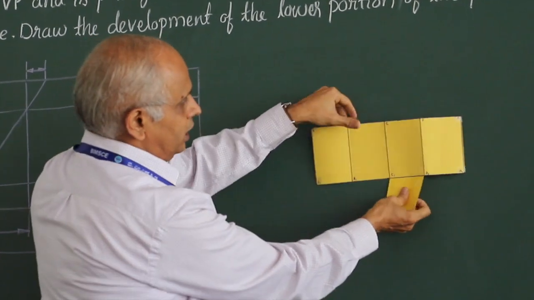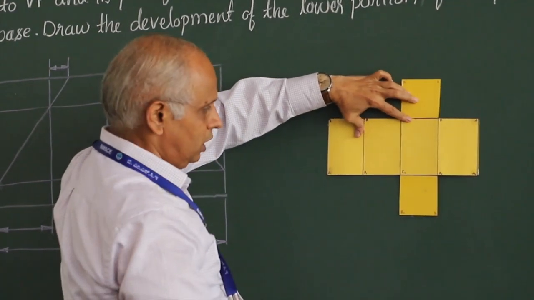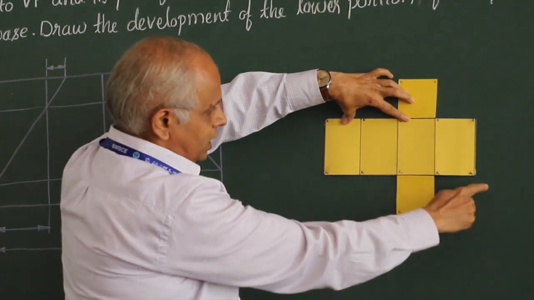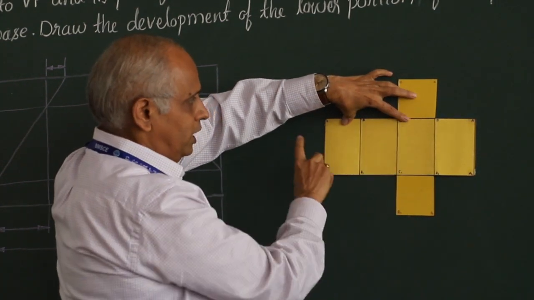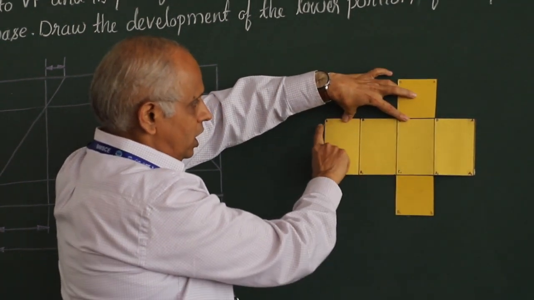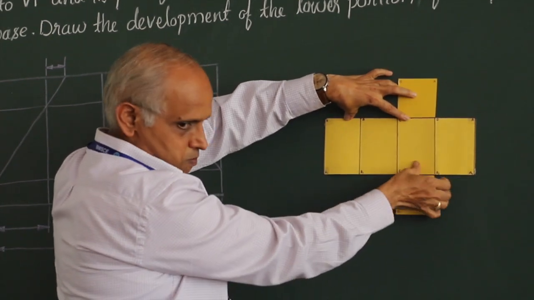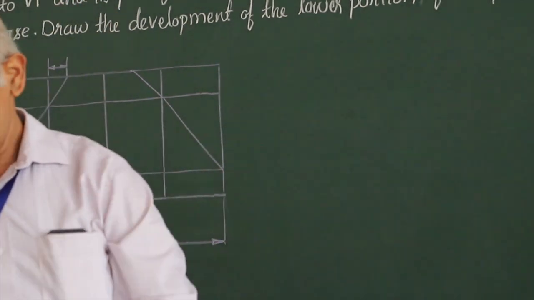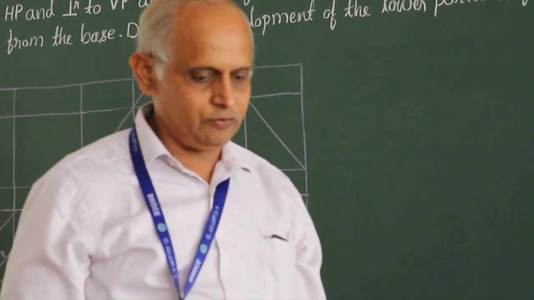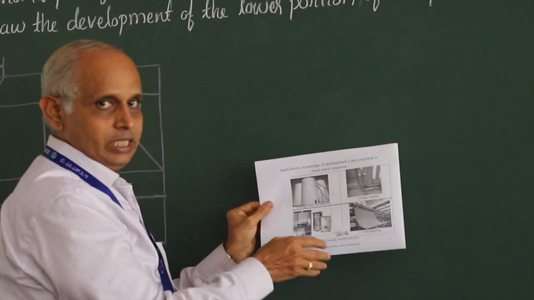Therefore, this is the development of the square prism, and remember these are the lateral faces and this is the bottom face and this is top face. By default in the curriculum we generally go for development of the lateral surfaces of the prism. This knowledge of development is very essential in the sheet metal industry.